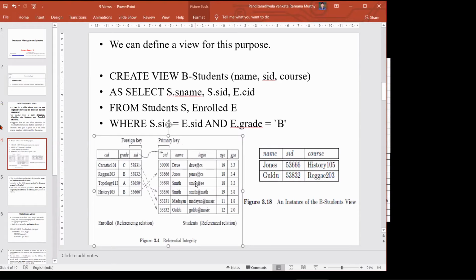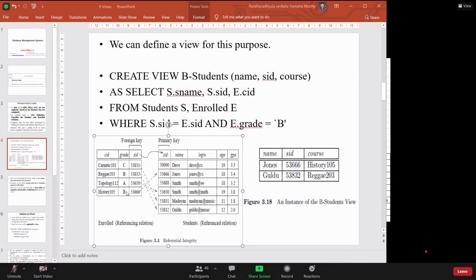So we want the combination of these two tables. We want to see some information from the student table, and some information from the course table.